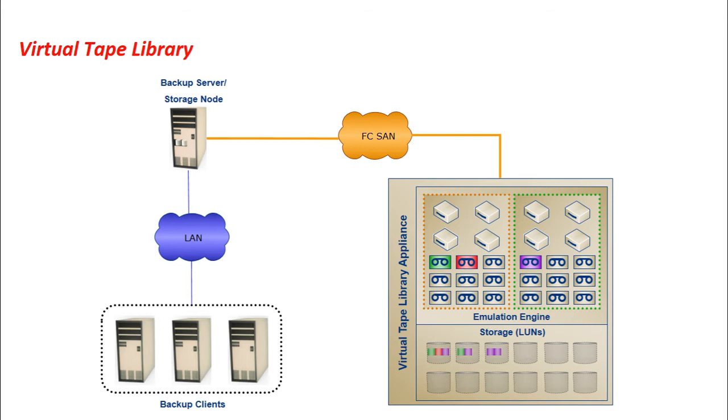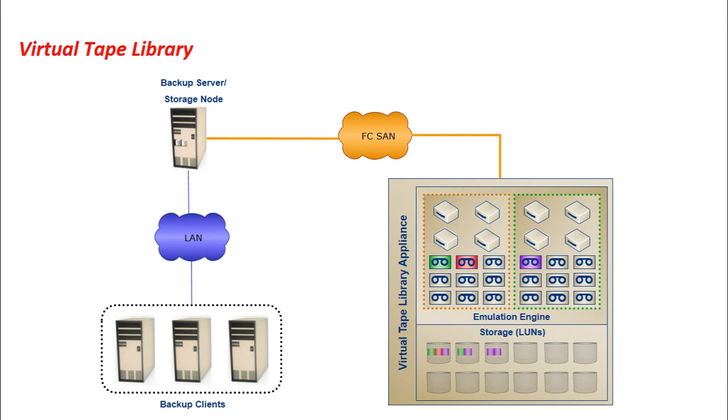So we use a virtual tape library for backup to virtual tape. A virtual tape library, or the VTL as it is shortened, has the same components as that of a physical tape library, except that the majority of the components are presented as virtual resources. For the backup software, there is no difference between a physical tape library and a virtual tape library, as shown in the diagram which represents the virtual tape library. Virtual tape libraries use the disks as the backup media.